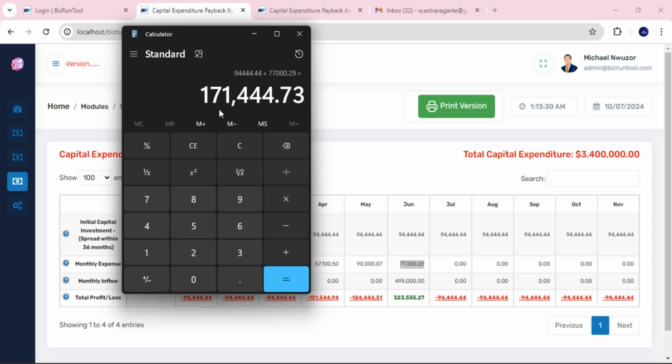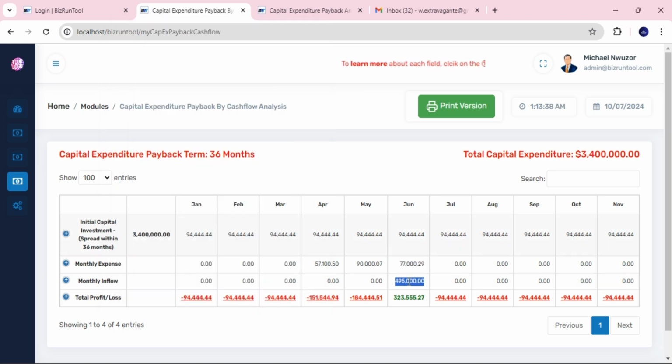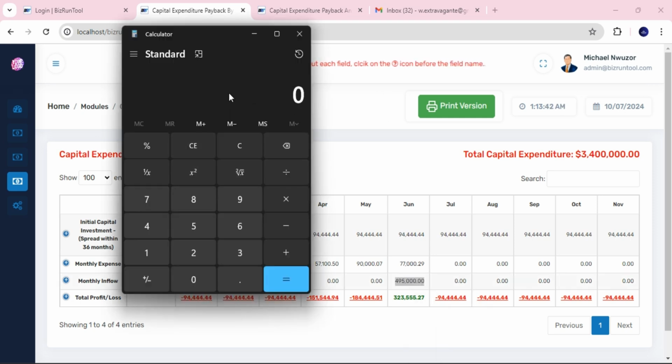Okay, so we now have 171,444.73. Memorize it: 171,444.73. Now we'll bring this, we'll clear, minus 171,444.43, I believe, equals to... so you see, it gives us